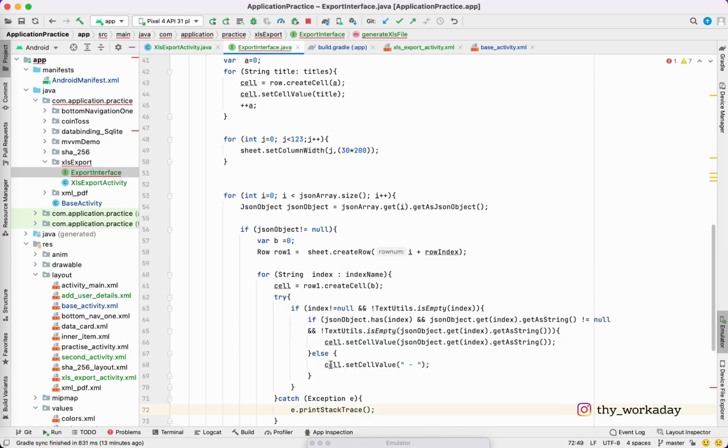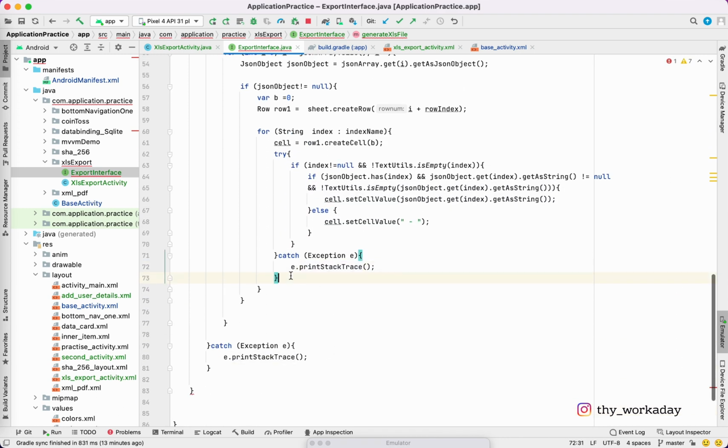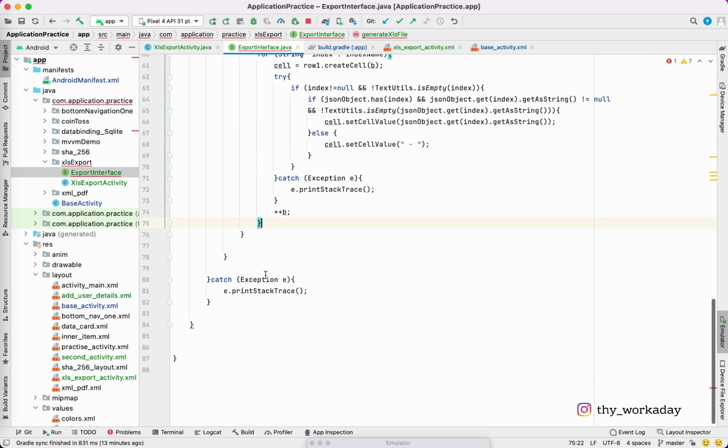Don't use print stack trace. There's nothing going to help with print stack trace. Okay, after this we are going to plus plus b. This plus plus b will add and create a new cell for each one. Okay, then